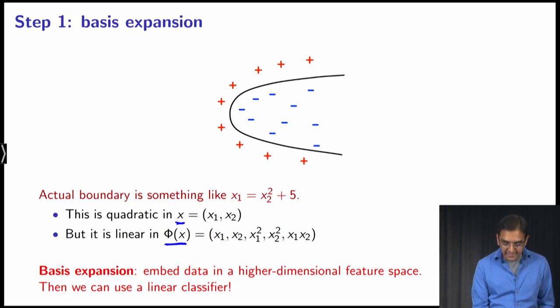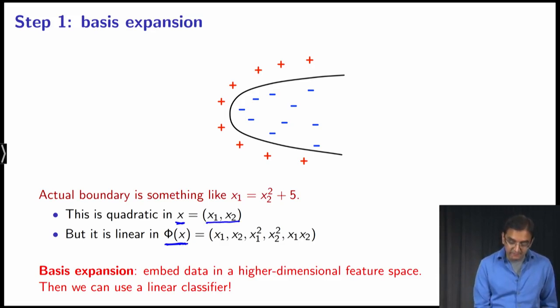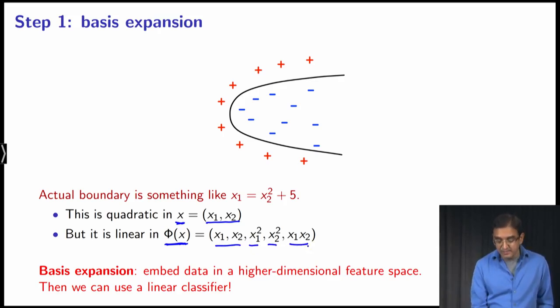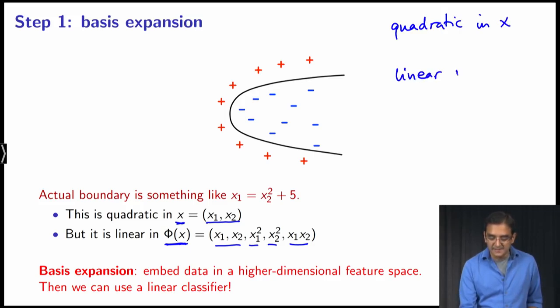So if the original data vectors have features x1, x2, and so on, the expanded vectors, phi of x, have the same features, as well as the squares of those features, as well as pairwise products, like x1, x2. Now the reason for doing this is that if you have a function that's quadratic in x,